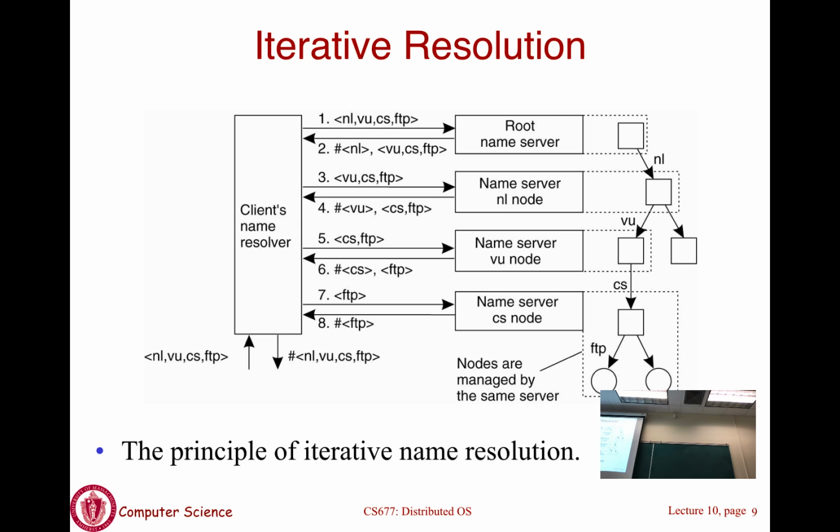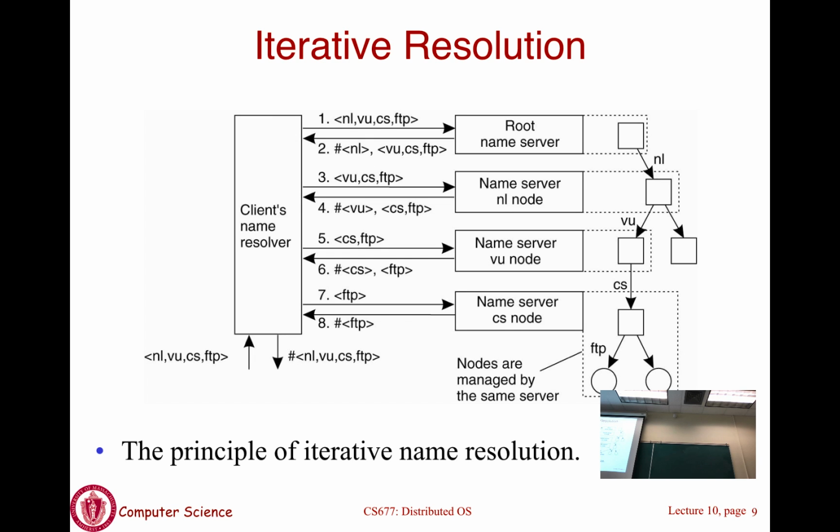Okay, so here, let's say, is a browser that has tried to look up www.cnn.com or www.umass.edu. Okay, your local machine is going to run a name resolver, which is responsible for performing this lookup. Okay, so in this case, the example machine that you are going to look up is ftp.cs.vu.nl. Okay, so that's the example from the book. So what happens is, that basically is a machine. NL is the country top level domain for Netherlands. So what you will do is you will first go to the DNS server for Netherlands, which is the root server for Netherlands as is shown on the right there,